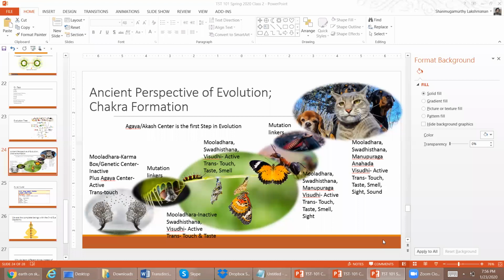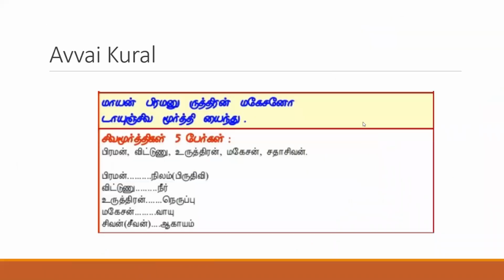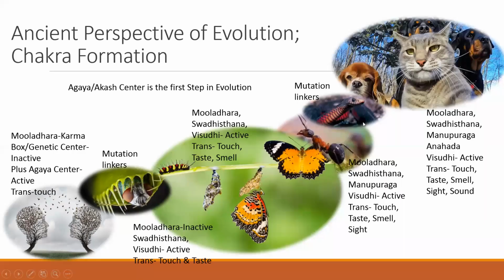So the modern perspective in general is just about the physical body that's evolving. From the ancient perspective, we have a huge chapter, but we'll start here and then we'll go deeper down. It's all based on the